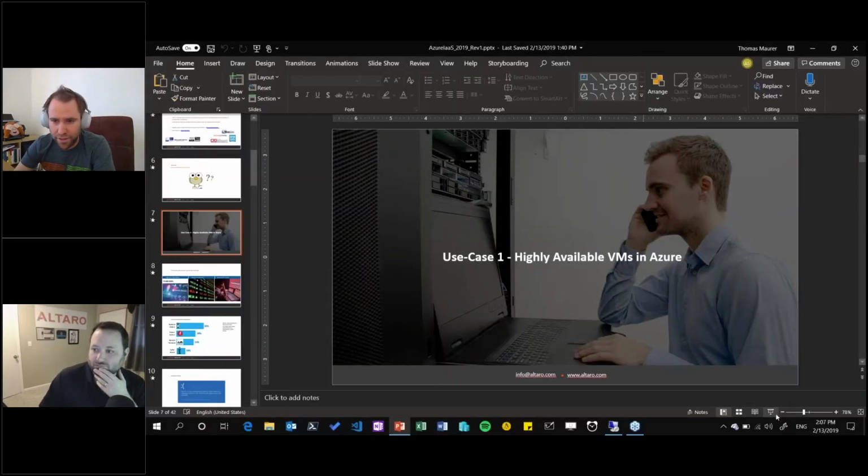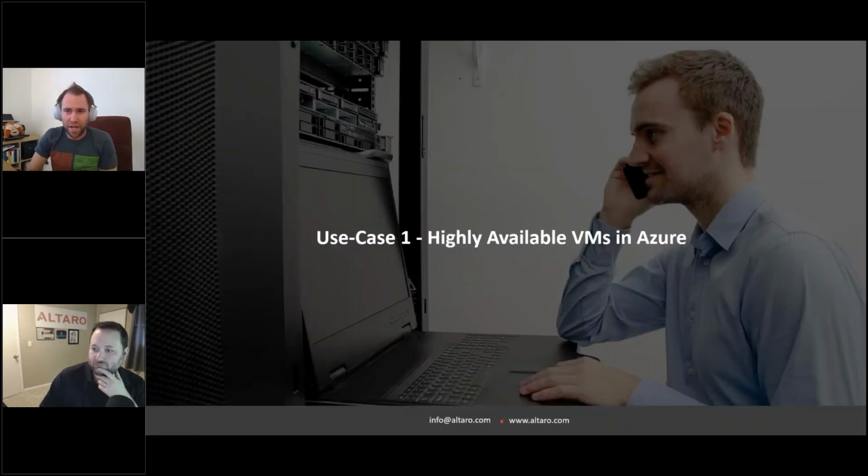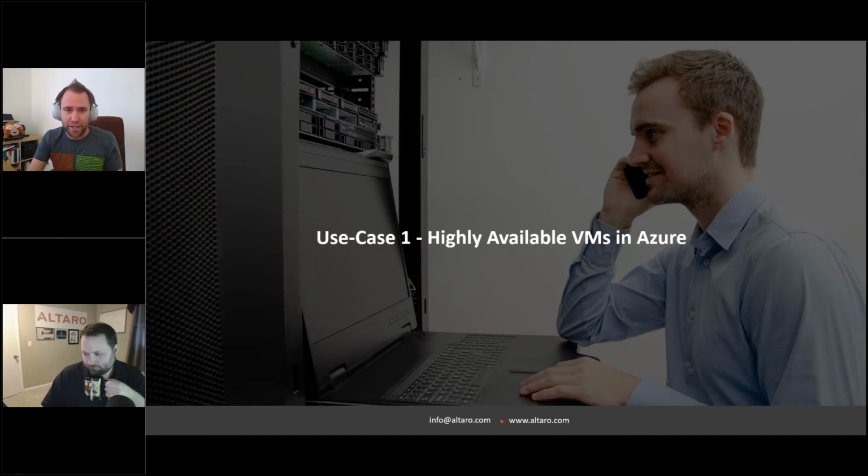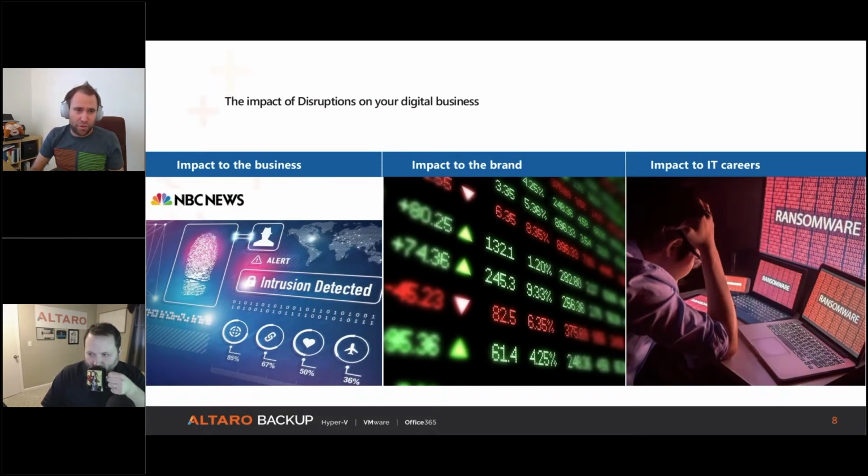Perfect. So I'm going to show my screen and let me know if the screen is up. Yep, looks good. Perfect. So our first use case Andy and I came up with was basically high availability in Azure virtual machines. It is an important part to understand what's possible and how we can design. First of all, I'll give a quick intro on why this is important, but I don't want to spend much time. I think most of you in this webinar are familiar with the problems